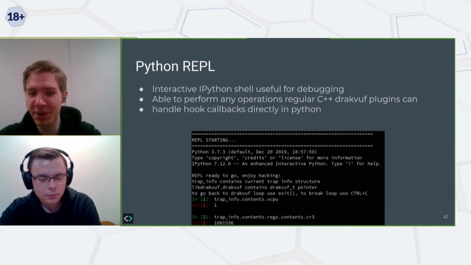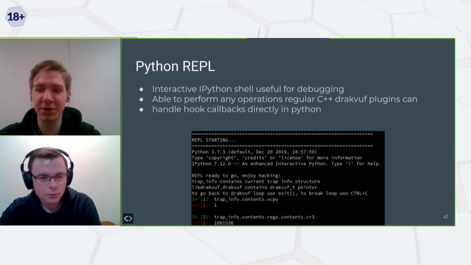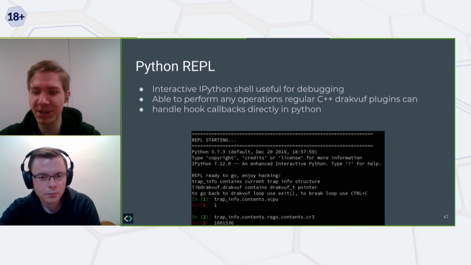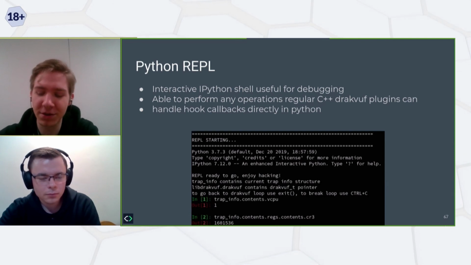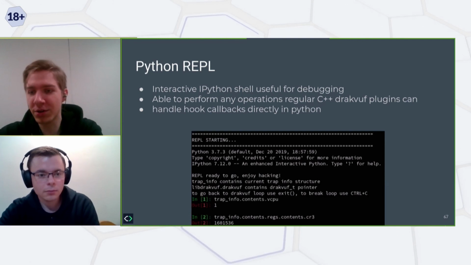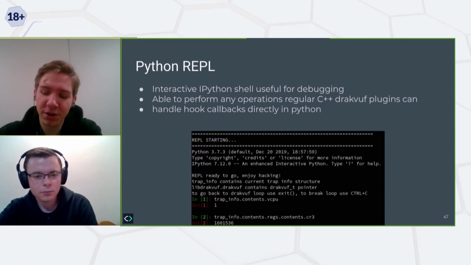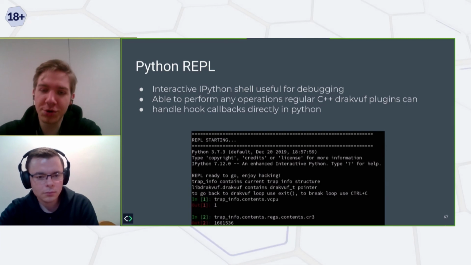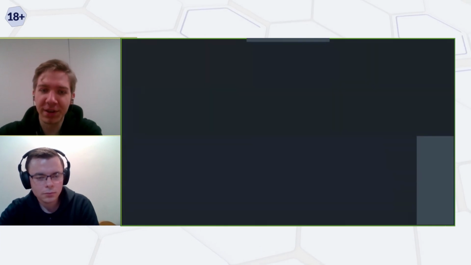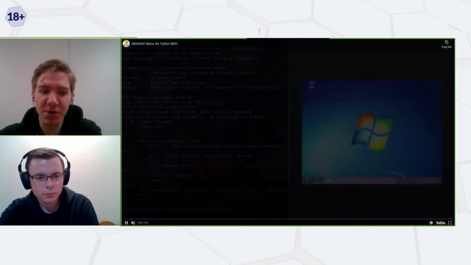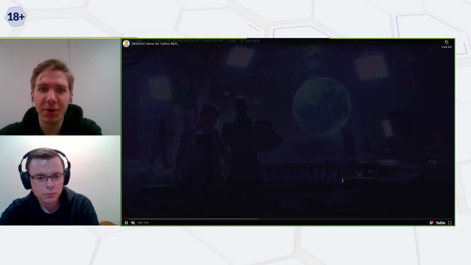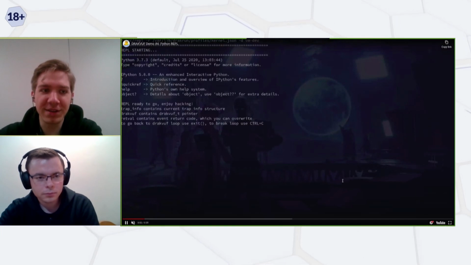This is a regular Python shell you can use. You can perform all the actions that regular Drakvuf C++ or C plugins do. You can handle callbacks in Python. You can hook user mode functions. And this is a demo where I have created a